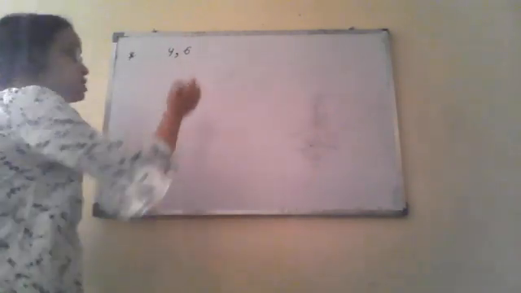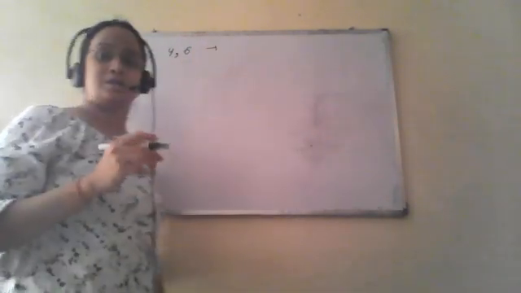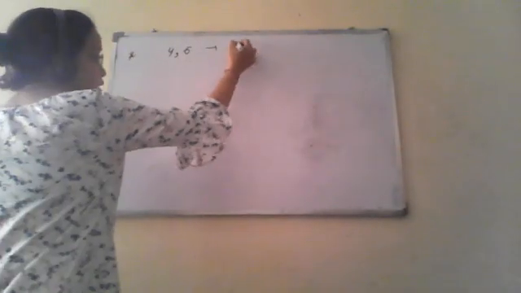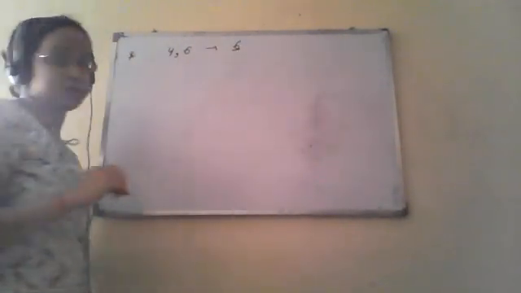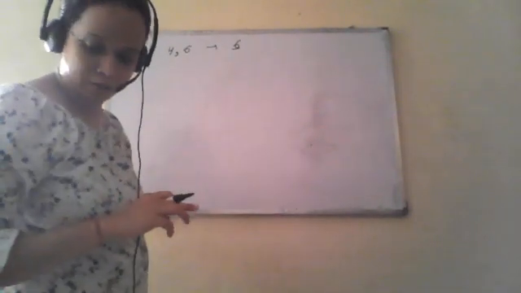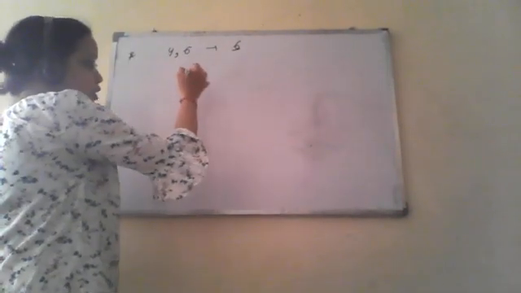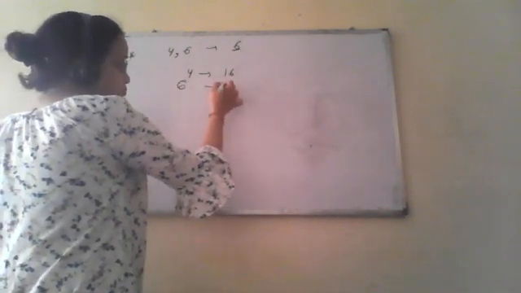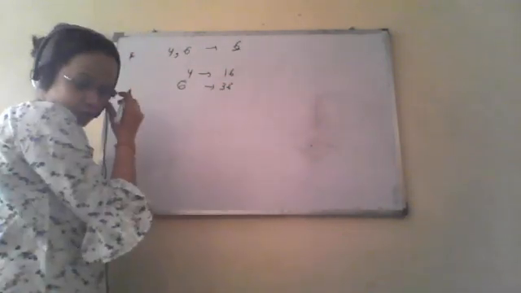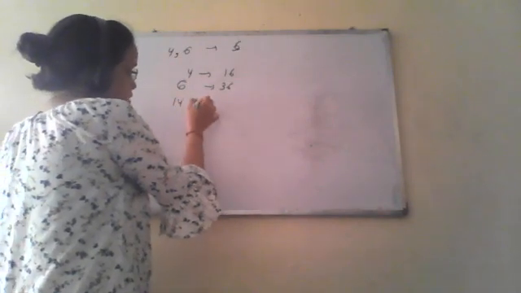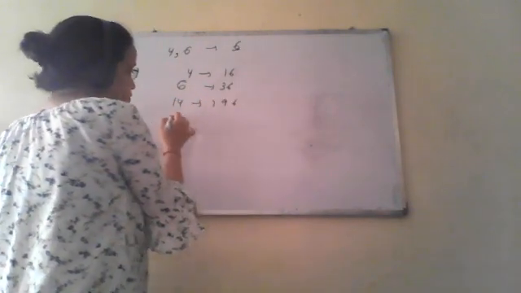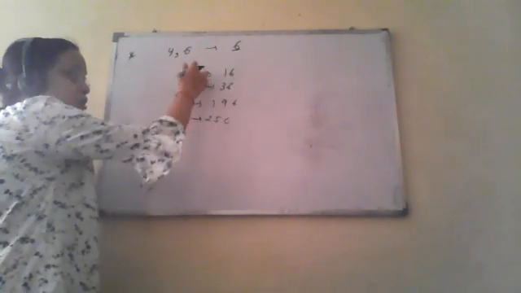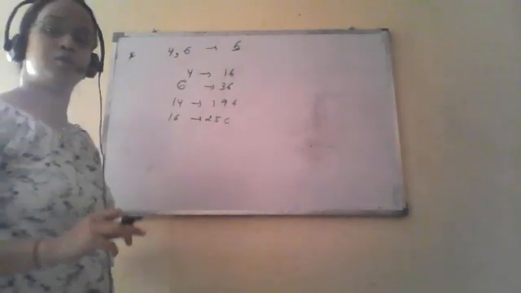So such numbers which have either 4 or 6 at their unit place, their square will always have 6 at their unit place. Now if you consider the square of 4, it will be 16. Square of 6 will be 36. Square of 14 is 196. Square of 16 is 256. So these are the numbers which have either 4 or 6 at unit place.